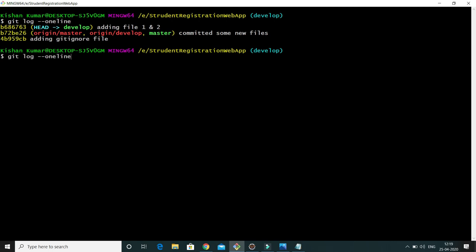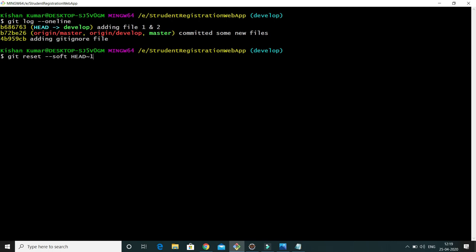Now I'm going to use this command, git reset --soft, and I'm going to specify either this commit ID or HEAD~1, right?